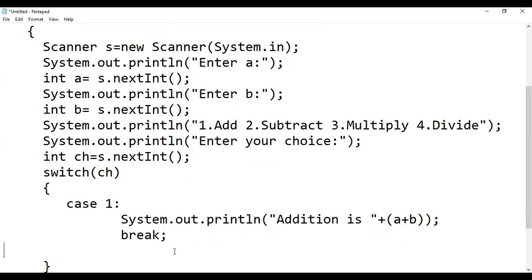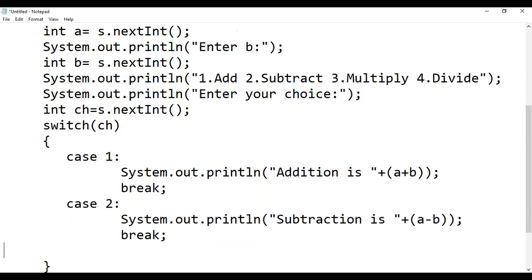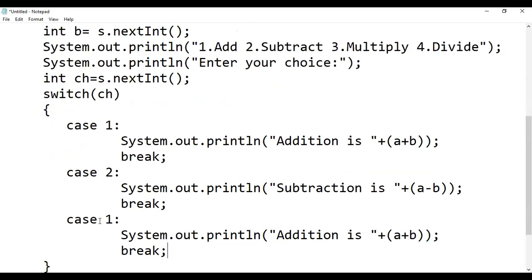So now we have to write case 2. For case 2, we have to perform a subtraction. So in brackets we write a minus b, and the message will be printed like subtraction is. Similarly, we write case 3, and for case 3 we will display multiplication.